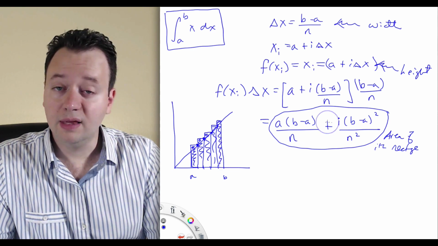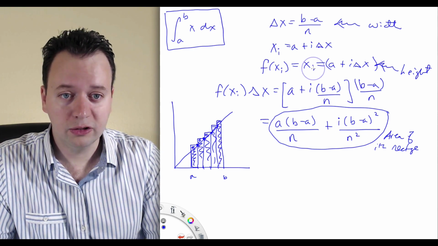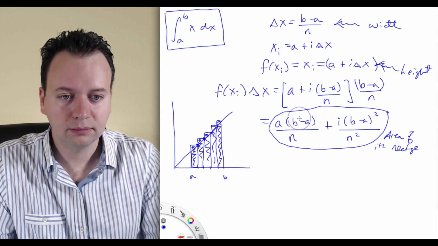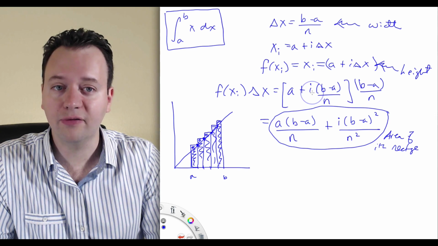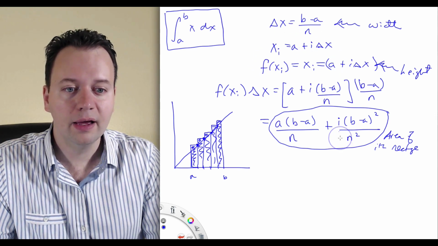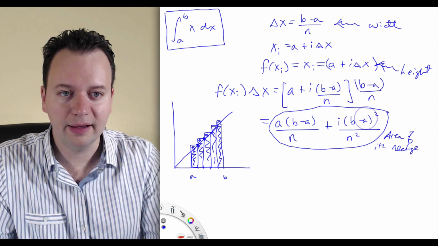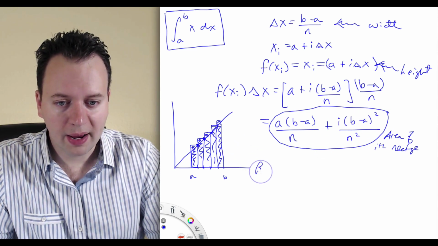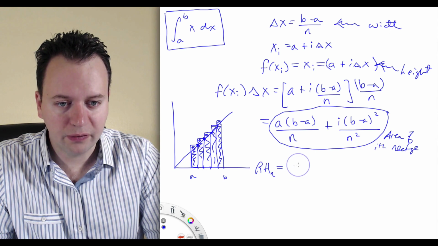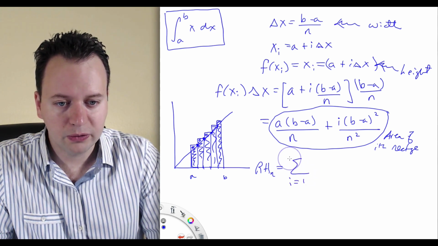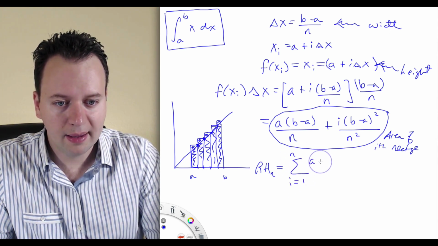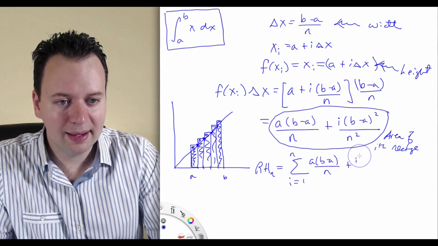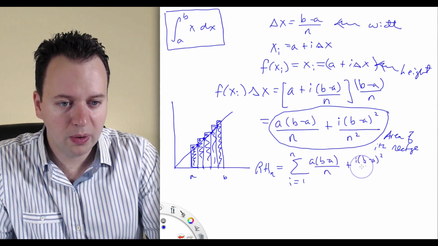So this is the area of our ith rectangle. It's literally just x of i times delta x. And then we use the definition of delta x and x sub i to write it in terms of i and n so that everything is clear. So our right-hand Riemann sum with n subintervals is going to be the sum i equals 1 to n of a times (b minus a)/n plus i times (b minus a) squared over